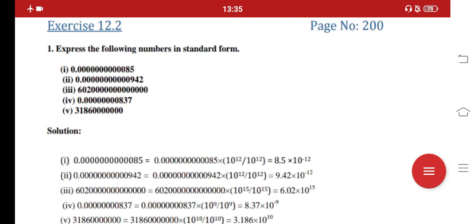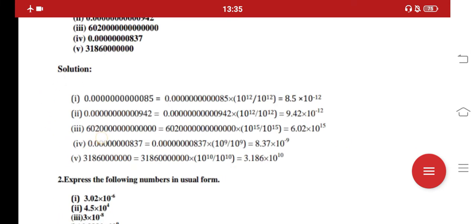Now if the question is given like this, it means no decimal is given. So what you have to do, simply count how many zeros are given, then add one more zero to that. So here in counting there are a total of 14 zeros. If we add 1 to 14, we will get 15. The same concept you will apply: 10 to the power 15 in the numerator upon 10 to the power 15 in the denominator. Now what is the number left?